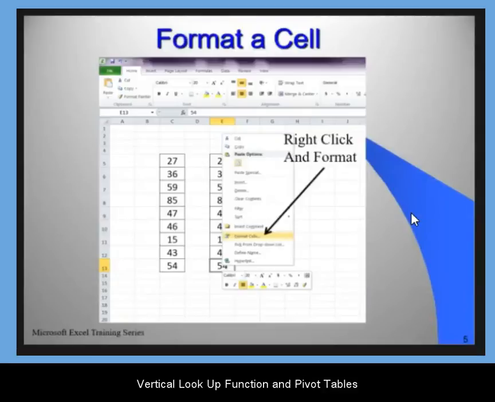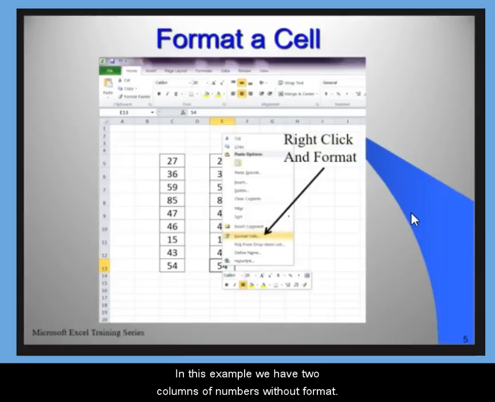So again, formatting a cell, you can do from a right click, almost any formatting for any cell, the spreadsheet as a whole or large groups of cells. You can do it with a right click and pull up that format menu and then go on down to format cell. And from there,